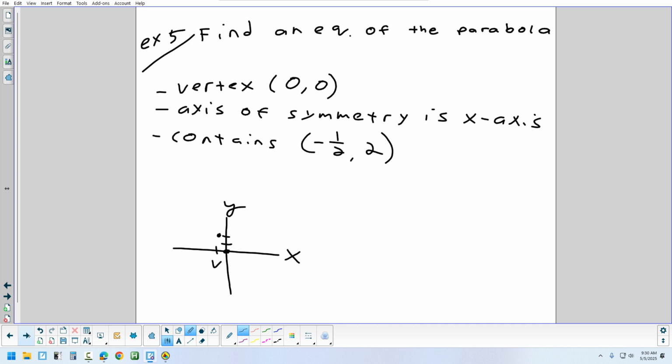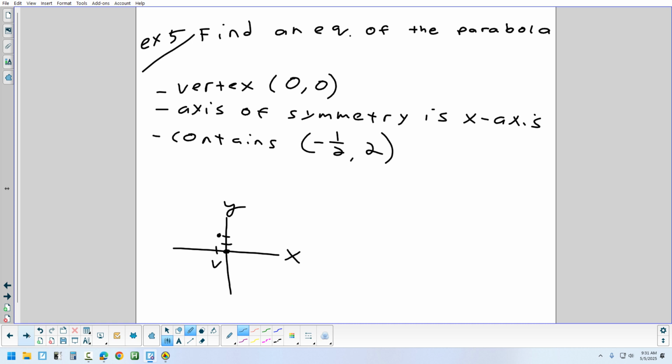All right. Let's try this one. It says find an equation of the parabola. The vertex is at the origin. The axis of symmetry is the x-axis. And the parabola contains the point -1/2, comma 2. So you have to understand what a parabola is and start thinking about these pieces of information and how they help you. So I've got the vertex,